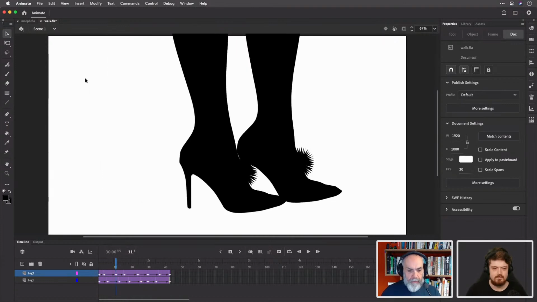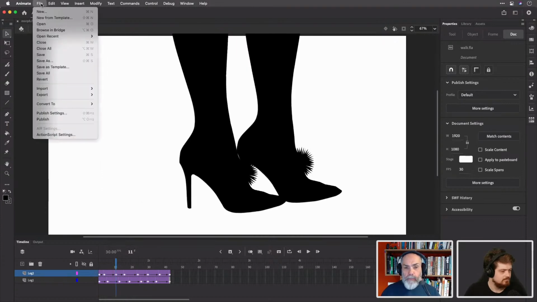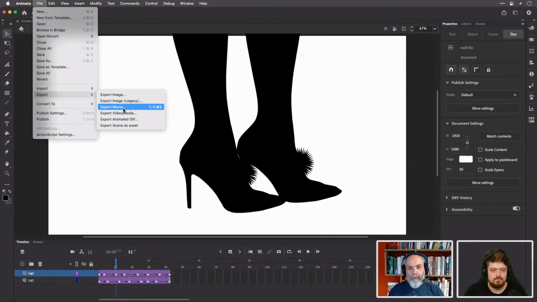So what I did was I actually exported this as a GIF. One of the options you have here is export and export animated GIF. You can see export movie that exports in SWF. Lots of people go there expecting to export a video. Yeah, that's the actual next command down, export video / media. But you can be forgiven for going there and thinking, oh yeah, I'm going to export a movie, only to be disappointed. So I'd change that if it were me, but hey ho.